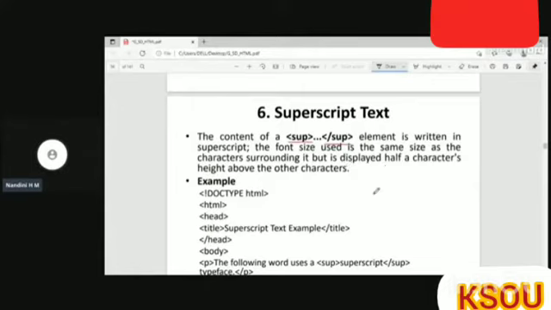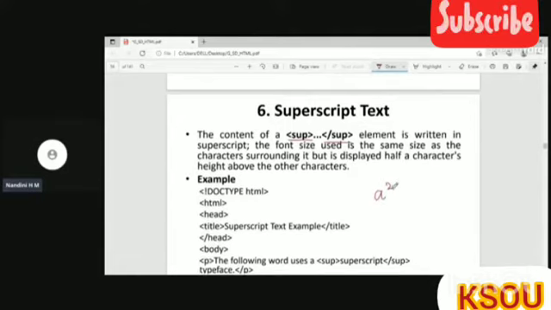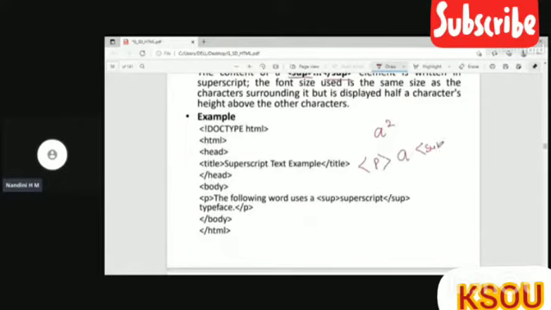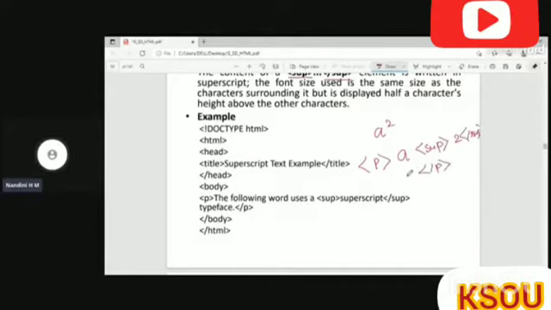So how will it appear? If I want a square, what I'll do is write P, A, and then superscript 2, then close the superscript, and then close the paragraph. So how will it appear in the web page? It will be in the form of A square.